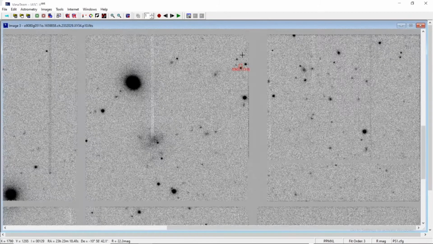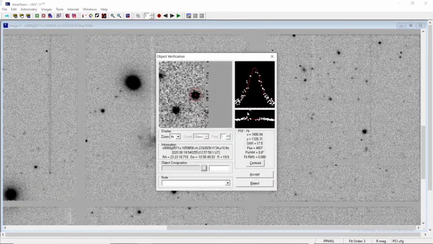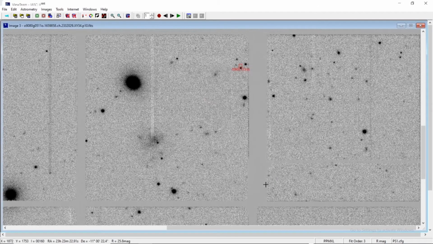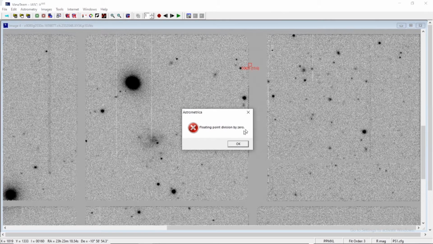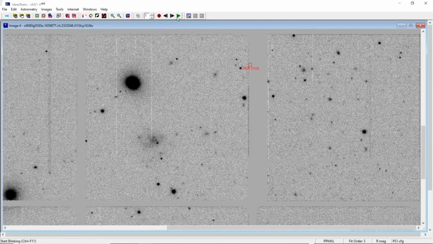Move to image number 3, and you see again the graphs are beautifully good. R value is 19.9, SNR is 17.5, greater than 5. The variation of R is still under the acceptable range. Now if you try to see the 4th image, this object goes behind the plate or behind this cross, this lining. So it means that you will not be able to analyze the property. If you click over it, it will say floating point division by 0. Error is there. So don't go for it.